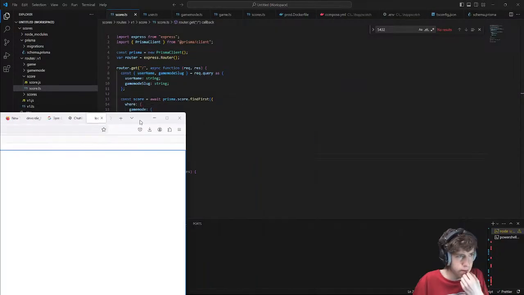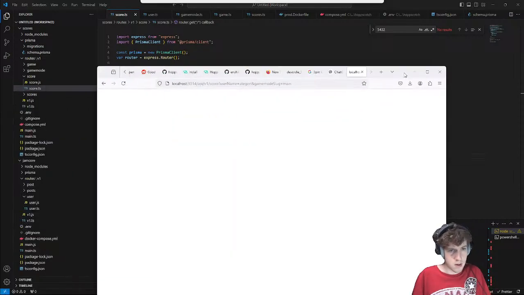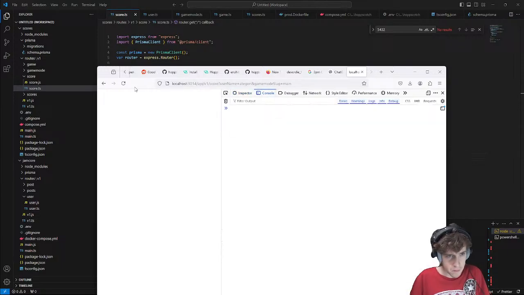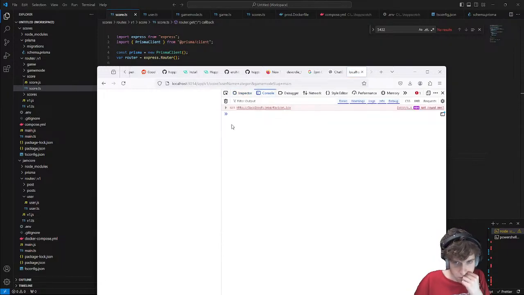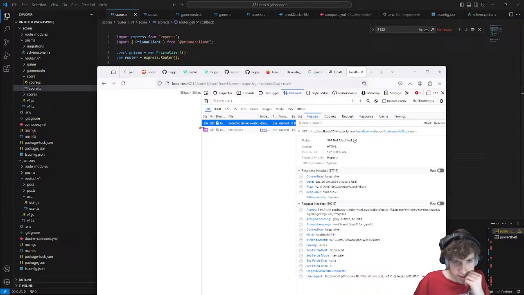Okay, theoretically, if I give it the arguments, username equals Adagon, and game mode slug equals main. That errors out. What is a 304?